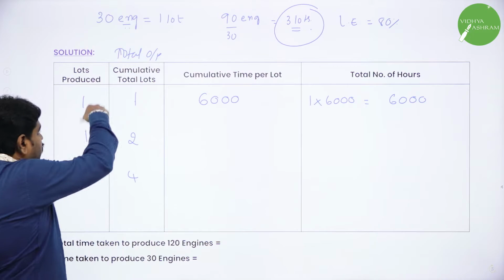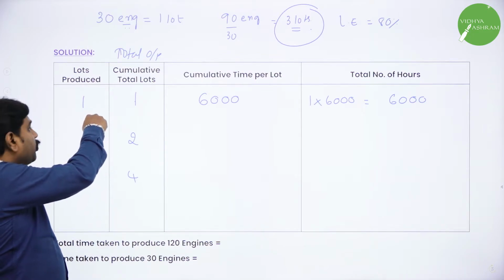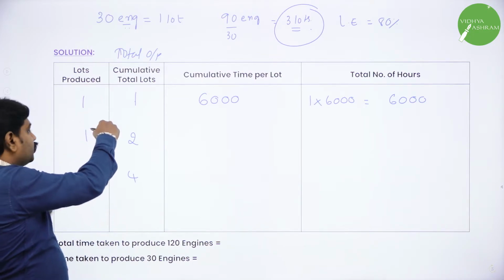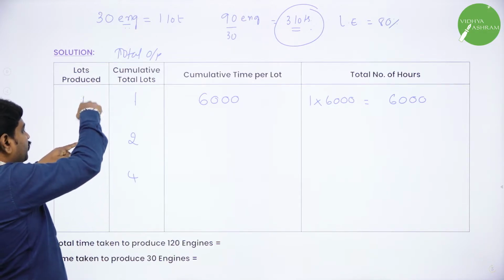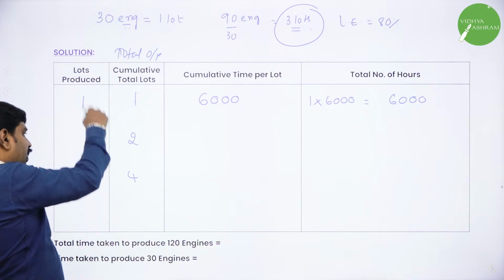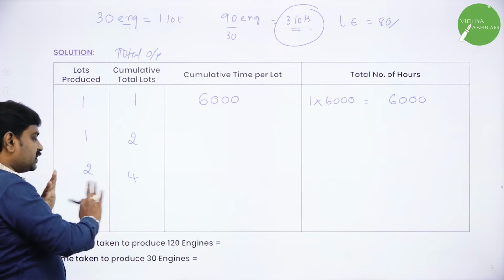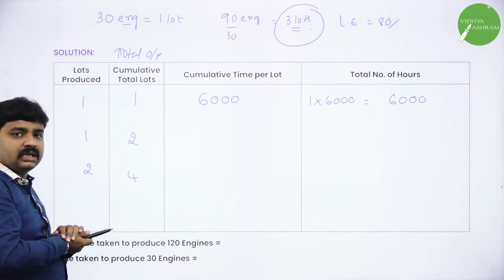Now how to fill the first column? 1 unit. Then what is above? That you should put. So I will put 1. Now what are the numbers above? Add the above numbers. Above, if I add 2, and if I add all, I will get the next entry. But the next entry is not required. We need only 3 lots. I hope all of you understood.